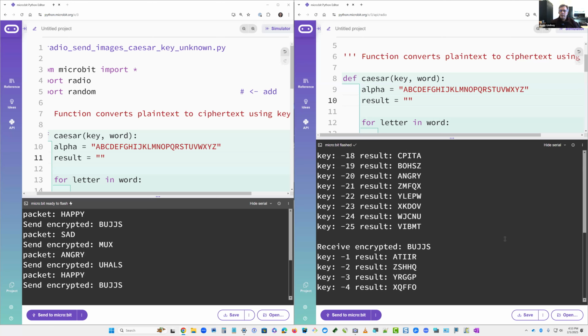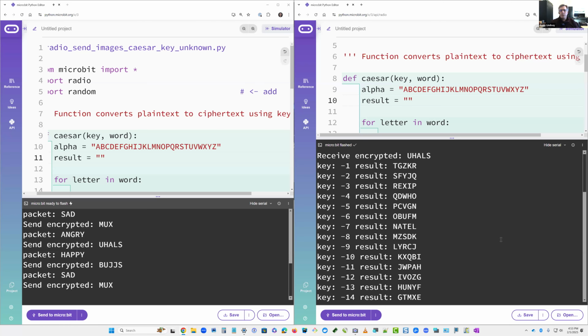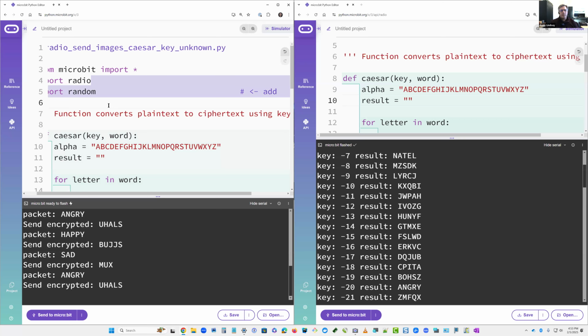And with 25 different possibilities for decryption, it's pretty easy to find the key. It was randomly selected on the transmitting side. So students will have to go through, as will I, and see if I can find something that is readable in all this? And there it is. The decryption key for this is -20 because I found angry in there, something that is